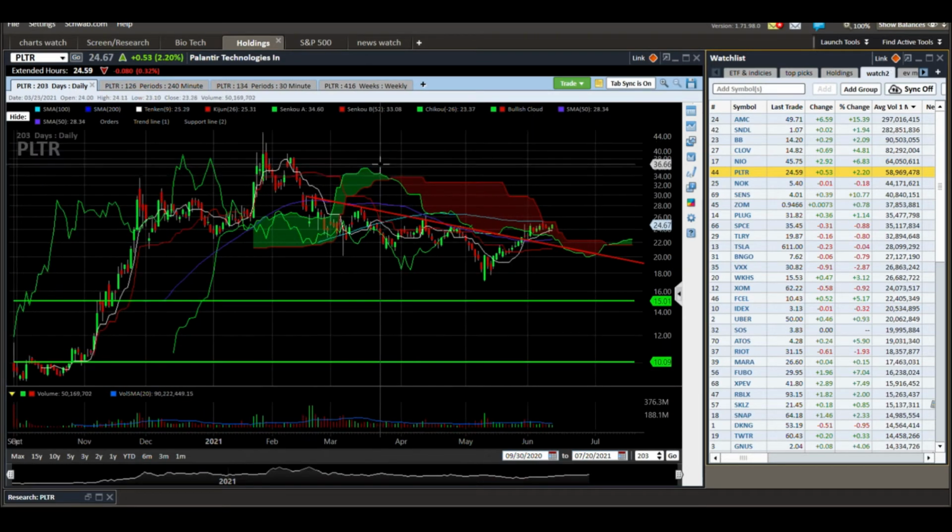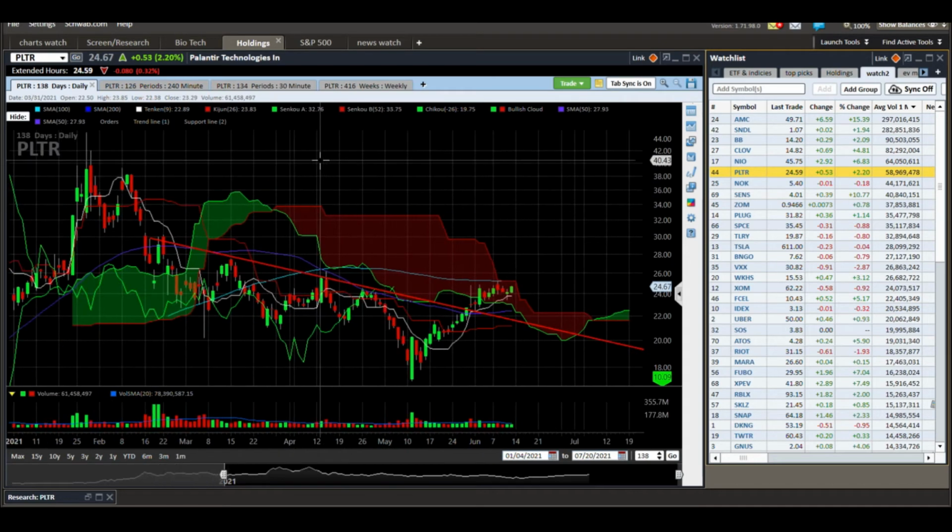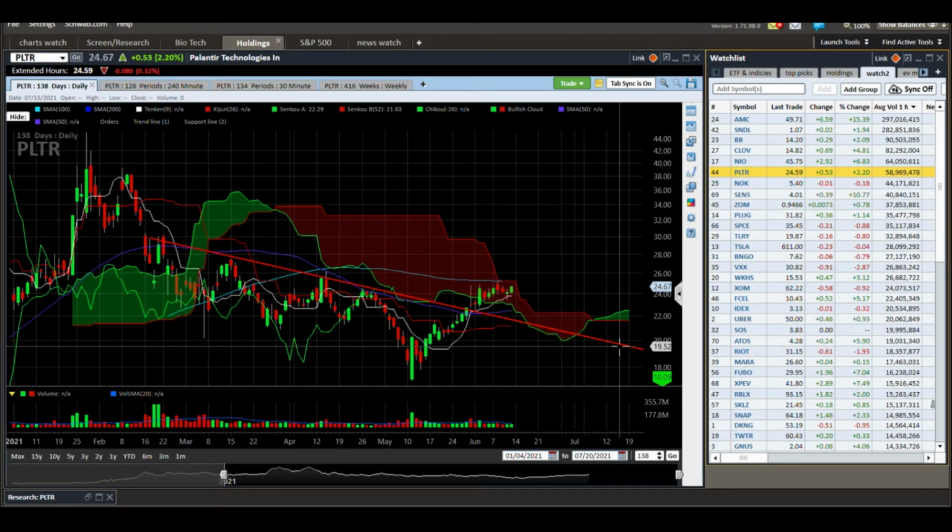So I had this downtrending line I'd drawn here. Sometimes lines need to be redrawn, but this is a line that I drew, and we seem to have broken that. But we're still below our downtrending red cloud. We've got a lot of little flat areas of the cloud which indicate resistance or support if we can get above them. Our best level of support is right here, this flat bottom, or this flat area at the top here. So sort of this zone here,